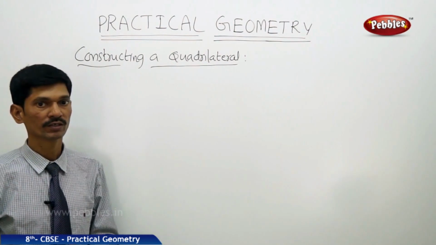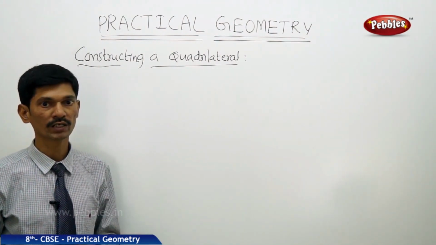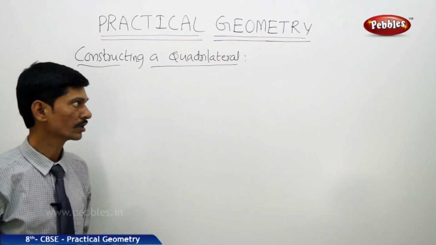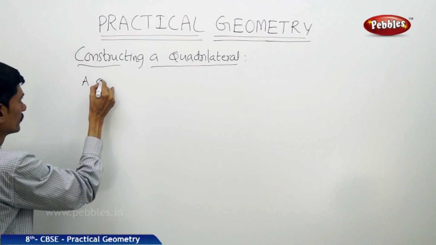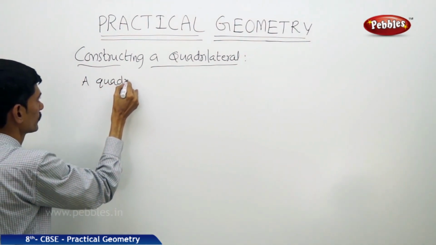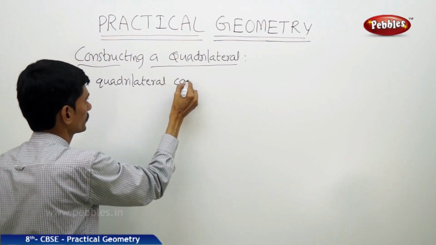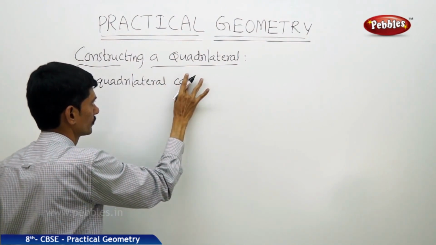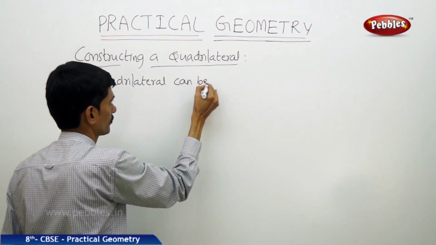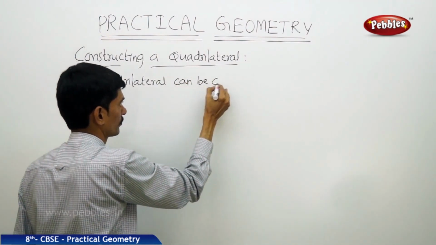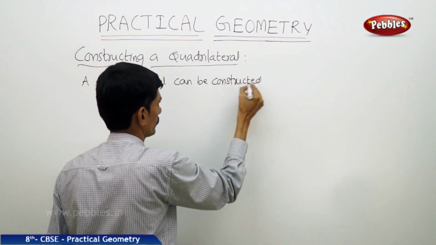Now let us check which 5 measurements are required, either 3 sides and 2 angles or 2 sides and 3 angles. So now let us discuss this. A quadrilateral can be constructed uniquely